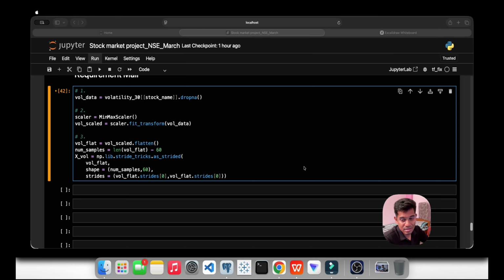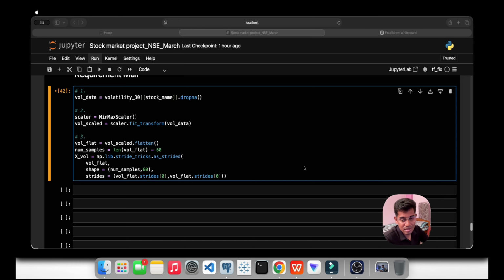What parameters or requirements does an RNN need? It needs the batch size, the time steps, and the features. Three things: batch size, time step, and features.